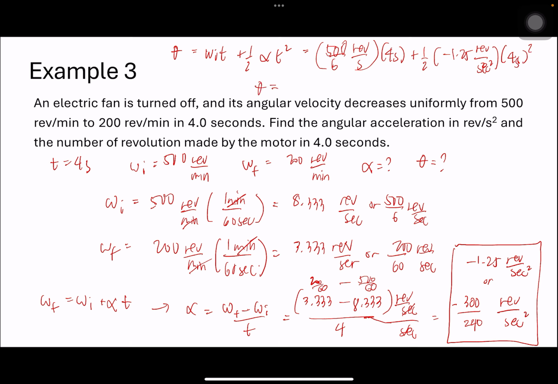Substituting the values and simplifying, you will get 2,000 over 60 revolutions plus 1/2